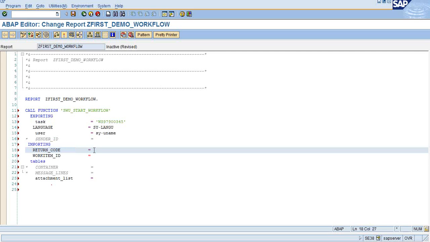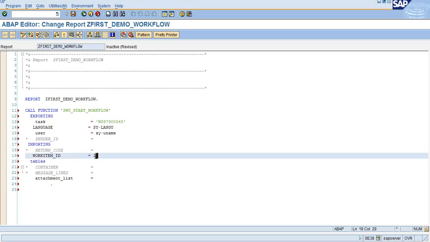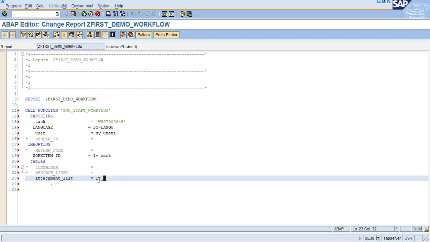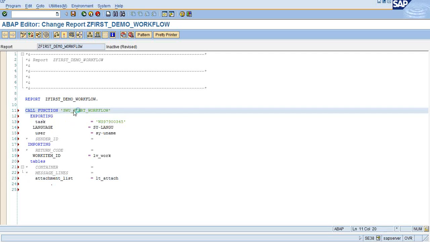and in importing I will be receiving the work item ID, because whenever this task gets executed, one work item ID gets generated, and this work item ID is nothing but the dialog work item ID. So this is the runtime unique number which gets generated, which actually ensures you that the workflow has got started successfully. So what I will be doing, I will be just capturing this particular work item ID so that I can ensure that the workflow has got executed successfully,